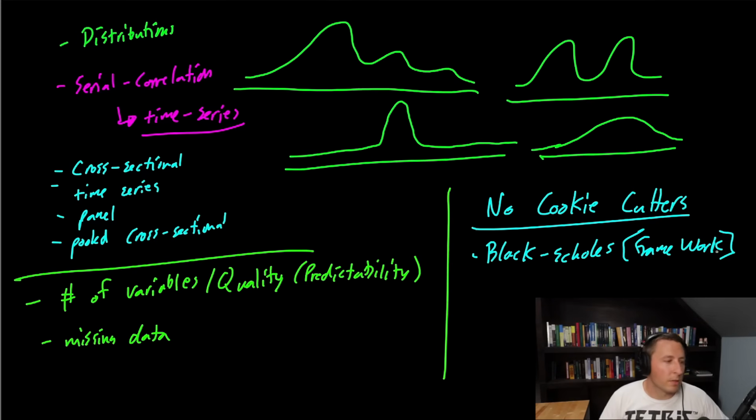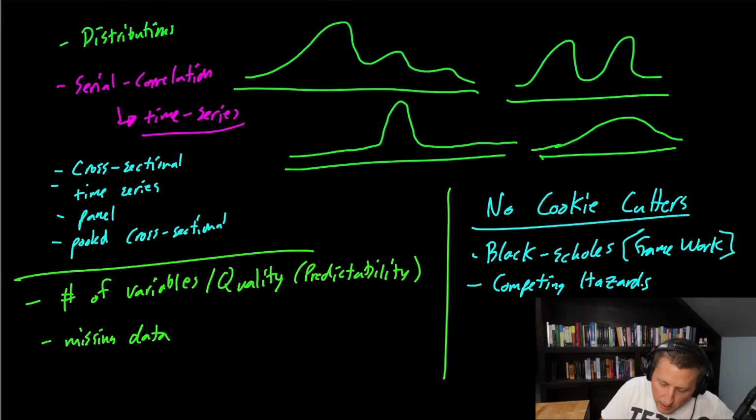So recently my team was building out a model to do loss predictions and pricing, and they were using what's called competing hazards. What this means is, if a customer defaults and loses the loan, they don't pay it, that's a hazard or a risk on one side. And on the other side, you have prepayment, which is they pay too quickly and I don't get all my interest back. You have two risks that are competing. You don't want either of them to happen, but you have to model these out in practice. These are going to be frameworks.